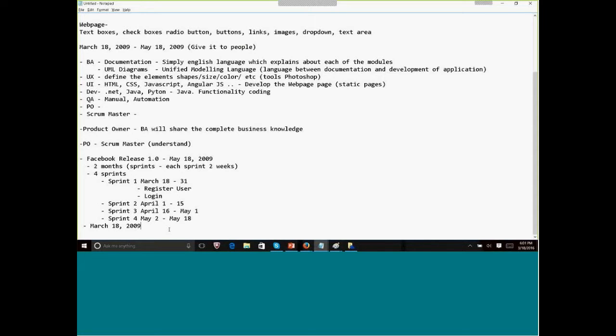It should be everything. Everything means from the UI development part to creating DBs and interacting with it and the testers, etc. So they will start dividing this into small tasks, which are called user stories.